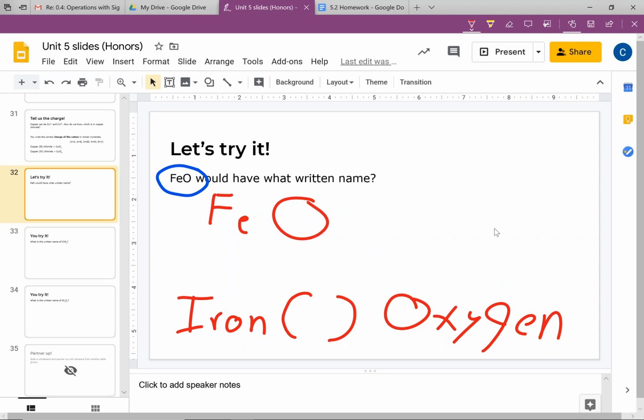So it's FeO. The O is 2-. What does the charge on iron have to be in order to cancel out the 2-? Yep, has to be 2+. So iron, since it is 2+ here, we write that the iron has a positive charge of 2, and we put that in our Roman numerals. So this would be iron 2,